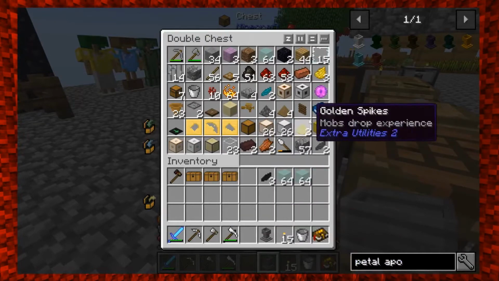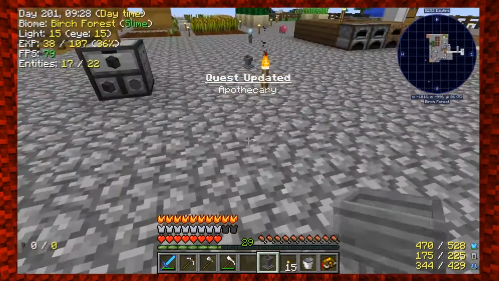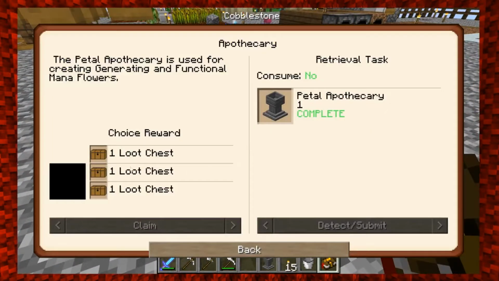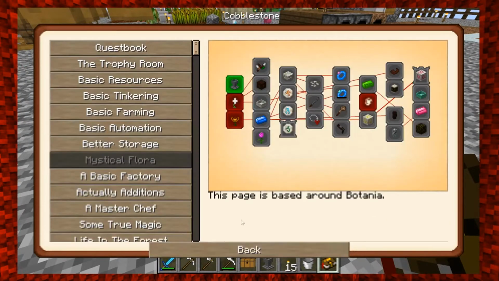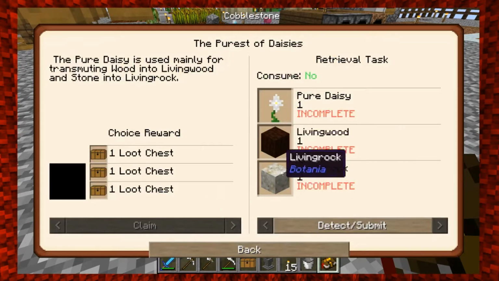So like I said, I'll get a chest over there. That area I set up over there will be our Botania area going forward. Let's go ahead and claim this quest. And we're going to move on. So the next thing they want us to make is a pure daisy along with some living wood and some